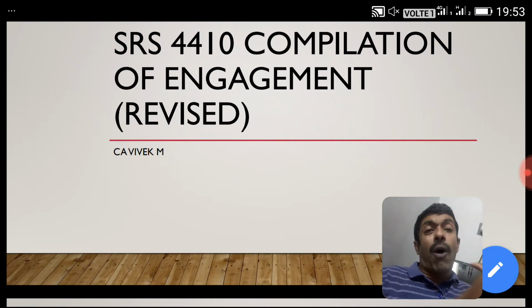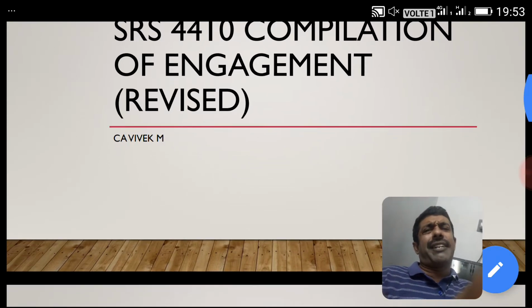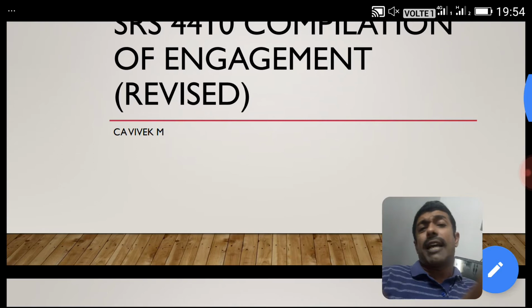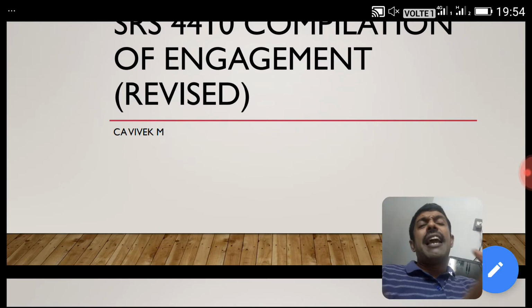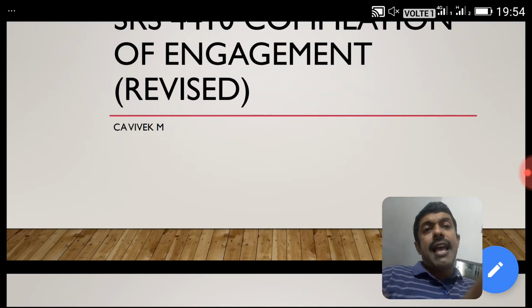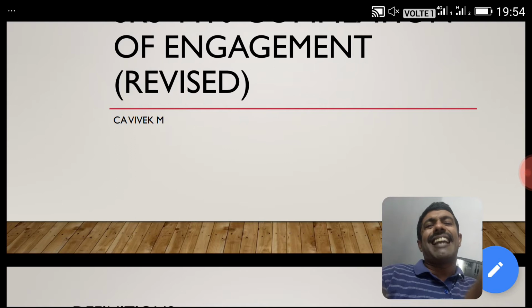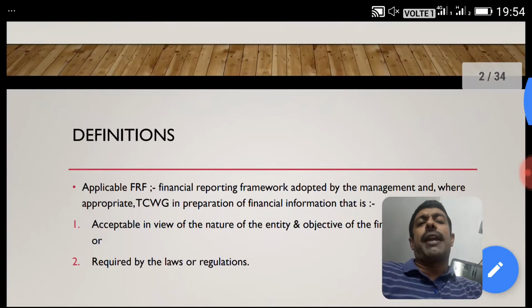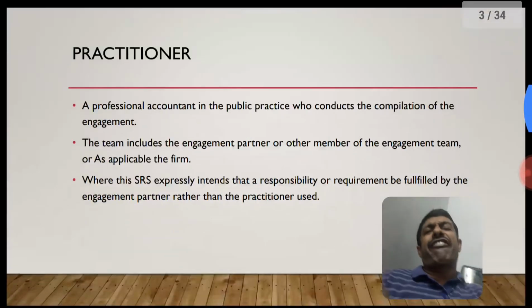In this domain, the chartered accountant, hereinafter called the practitioner, uses his expertise in accounts and the financial reporting framework to compile the financial information in such a manner that the requirement of the management is fulfilled. So let us move quickly into the definition. The core definition is